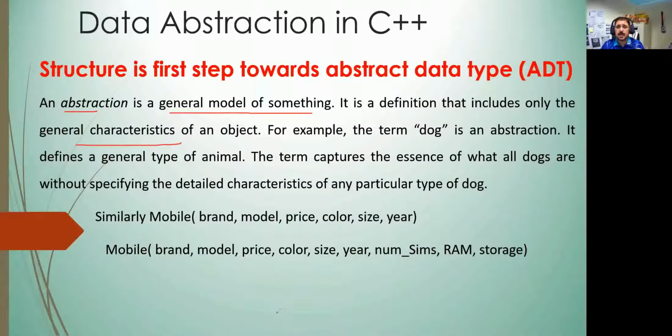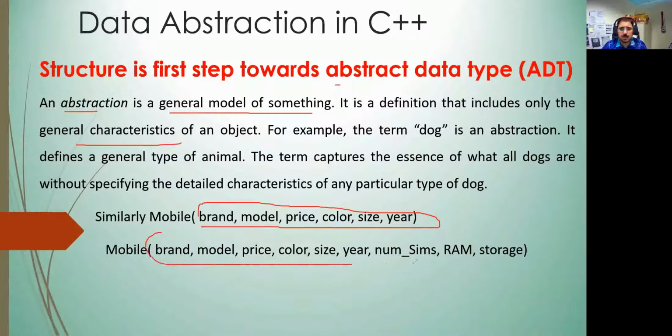Meaning to say, in the real world, things may be represented in different ways, and different people have different opinions. In some situations we will need more detail, in some situations we will need less detail. But if you want to generally represent something, that general representation and extracting the general concept is called abstract data type. Like for example, a mobile can be represented by these properties, and it can be represented by this one also. Any one is possible, but the general properties is called data abstraction.